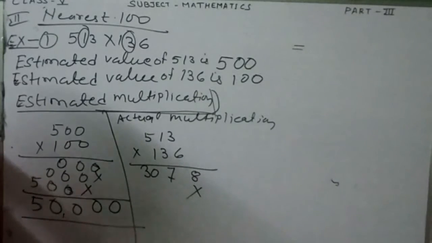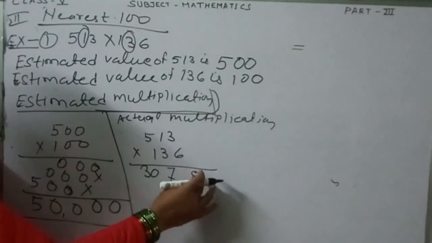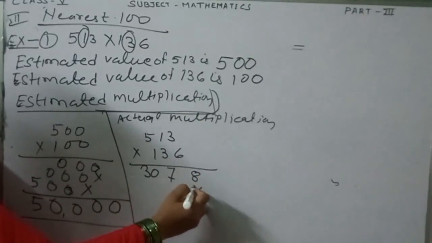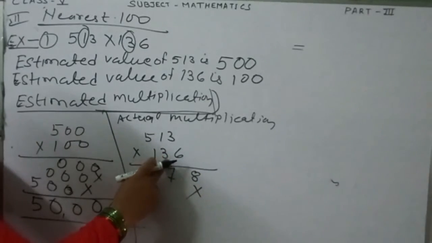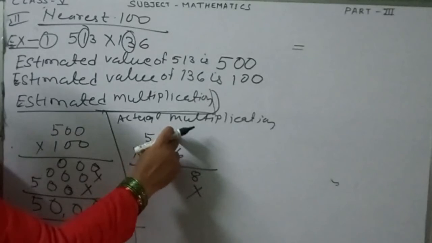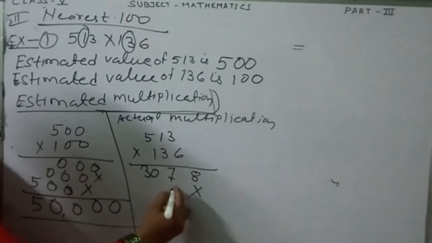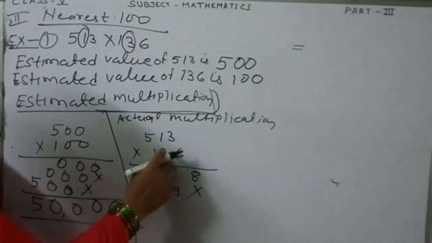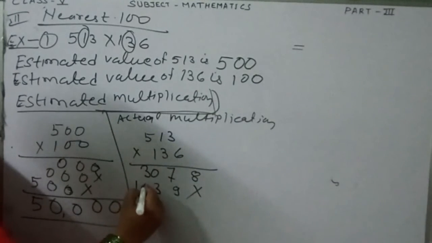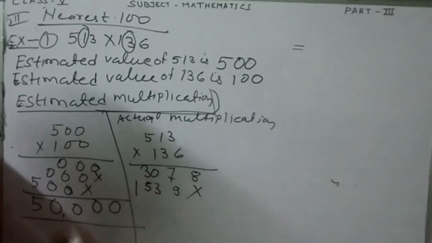Then after multiplying with the first number, below it we have to put the first cross, and after that start the second digit, here 3. To read the table of 3, how many times? 3 times. 3 threes are 9, 3 ones are 3, and 3 fives are 15. So write 15.